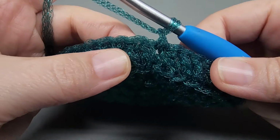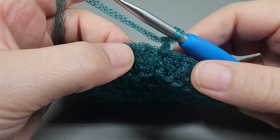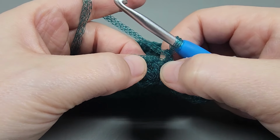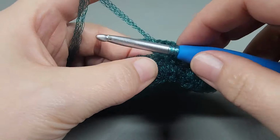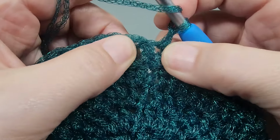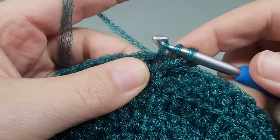All right, so I've already got my chain 1, and now what we're going to do is work a double crochet decrease over the double crochet we slip stitched into and the next one. So to work your decrease, you yarn over. Let me move this. There you go. Go right back into where we slip stitched. Pull up a loop,